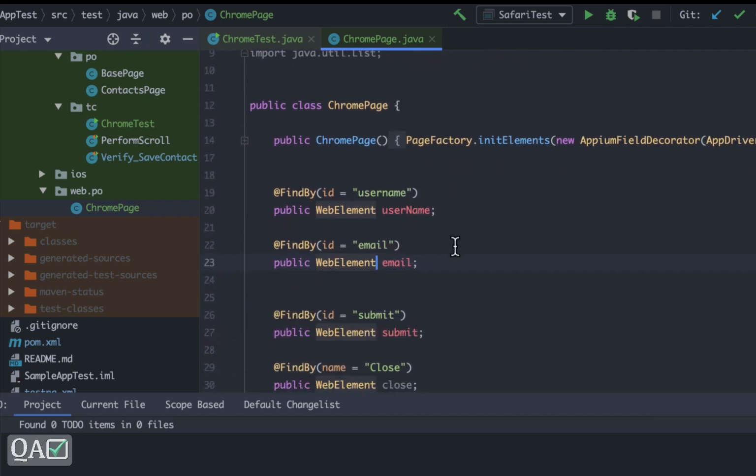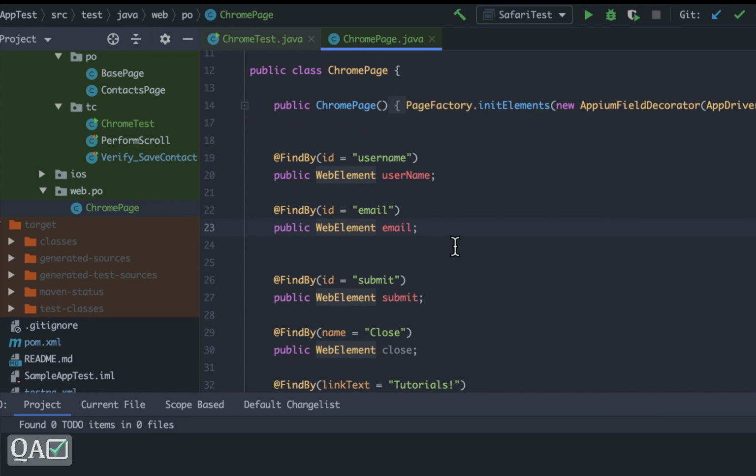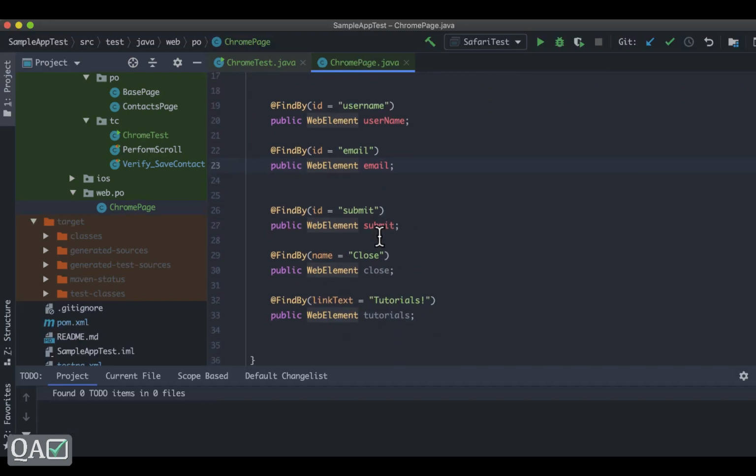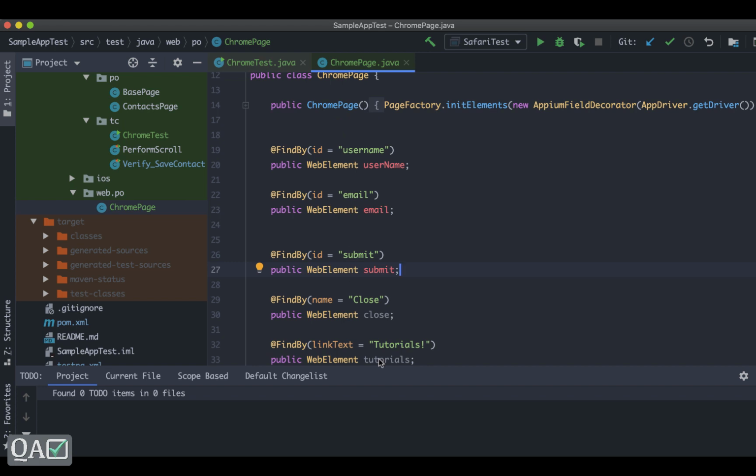Under that, it's a pure page factory I have used. I kept all the web elements that I need. So in a moment, I will show you even the application where I'm using this. I've kept all these IDs and everything. So let me go to the web browser and show you quickly.